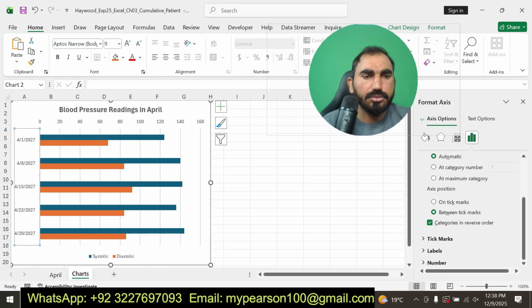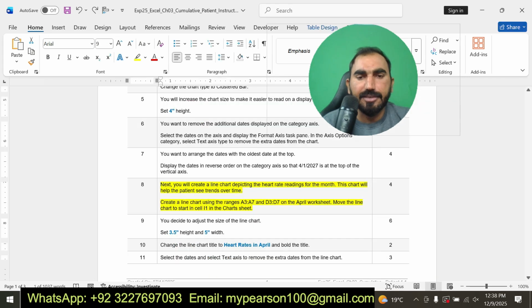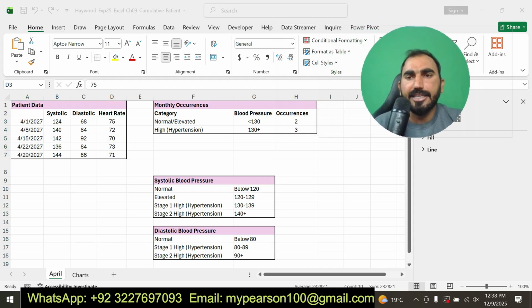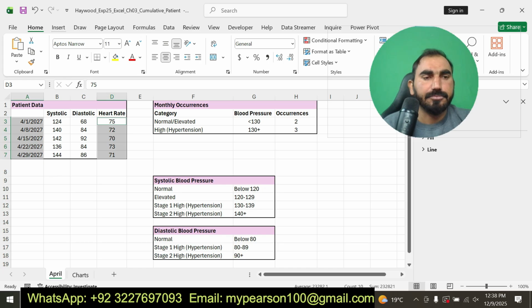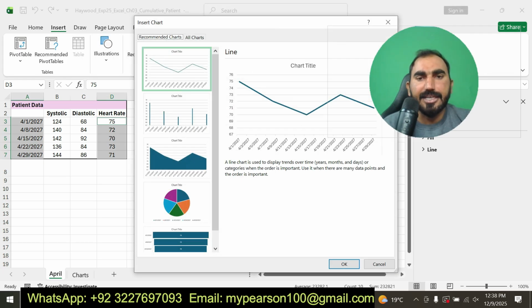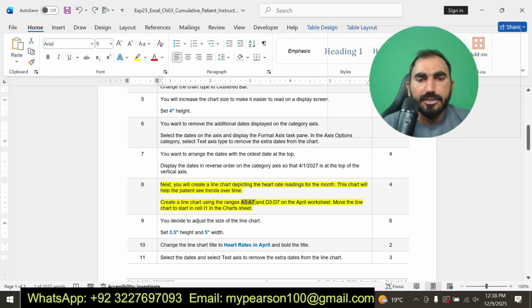I am going to select A3 to A7, press Ctrl and then select the other range D3 to D7, and then insert a line chart. Insert, Recommended Charts, and here is the line chart. Okay, I have inserted a line chart.